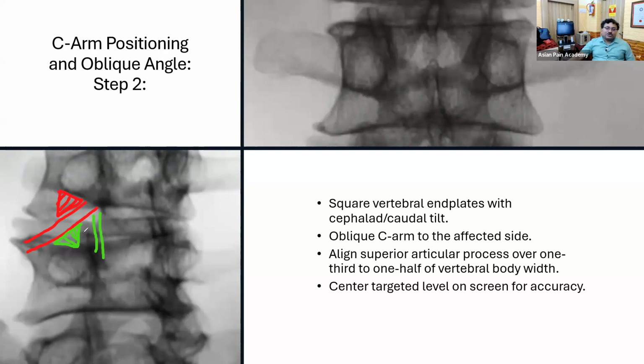So nowadays most of the procedures are performed through the Kambin's triangle, not through the safe triangle. So that is important. But for a diagnostic block or for only a transforaminal epidural steroid injection, you can go for the safe triangle approach also. But remember, use a contrast agent, as I have told previously, and aspiration, both techniques, to avoid intravascular